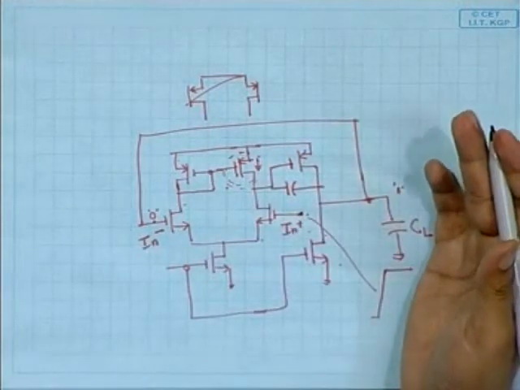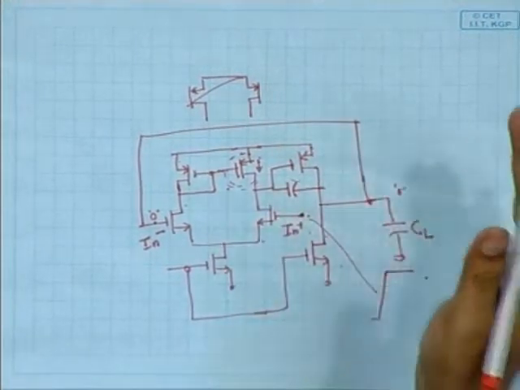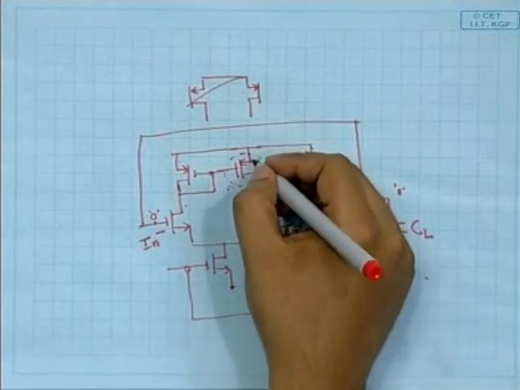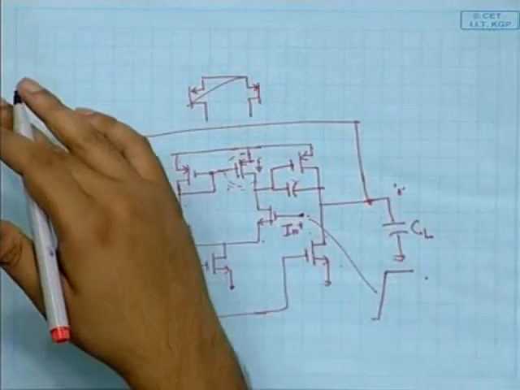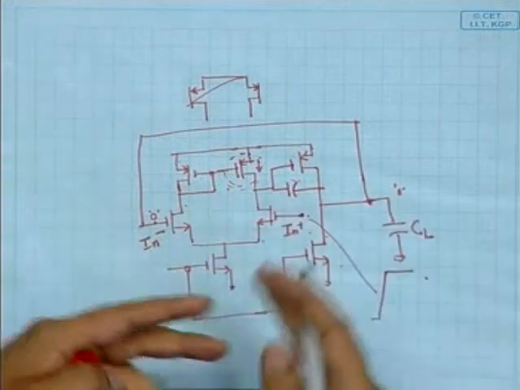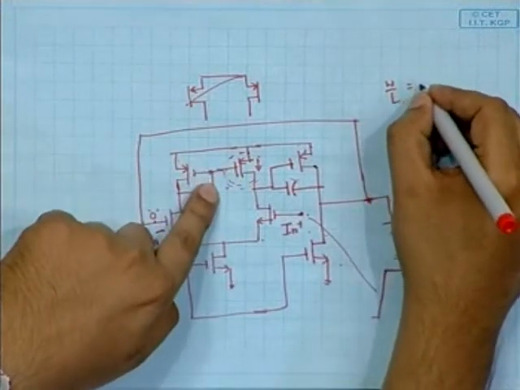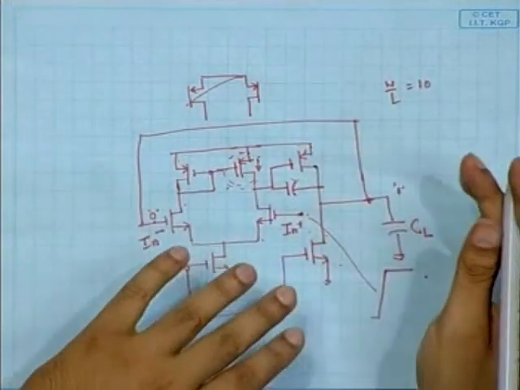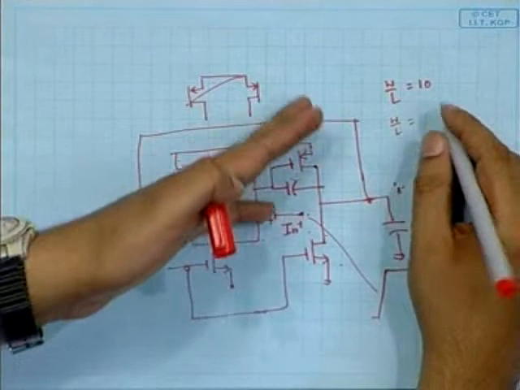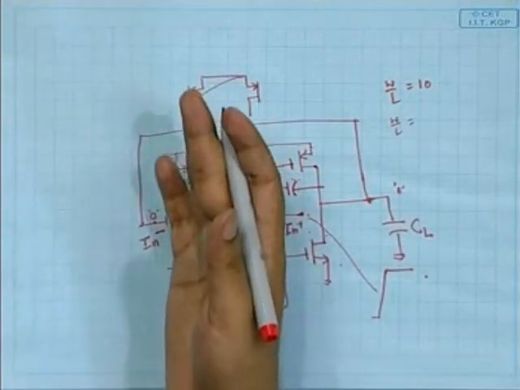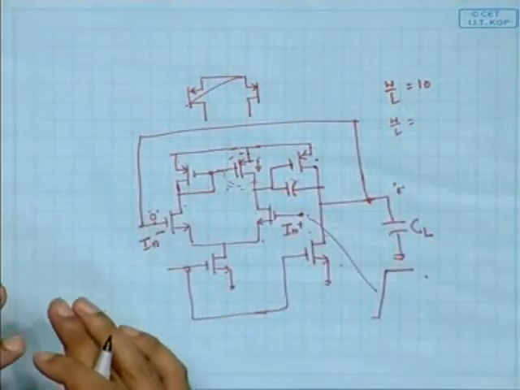When you go to design the op amp, you will see that the strength of this second stage transistor is much more than that of this PMOS load transistor. The gm of this circuit is kept almost 10 times that of the first stage. Most of the gain is being done in the second stage. So suppose we set the W by L of this transistor at 10, and for the design we will set the second transistor almost 50 or 60 times that of the previous. So at the time of designing you will see it. So this transistor has much more current driving capability.